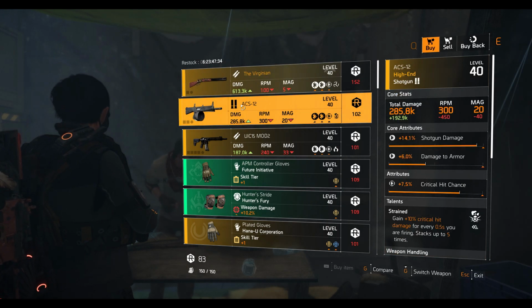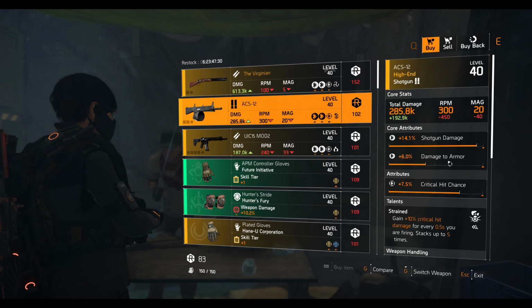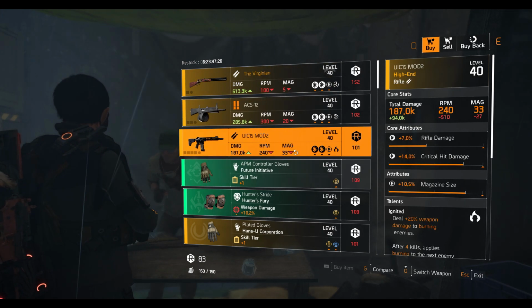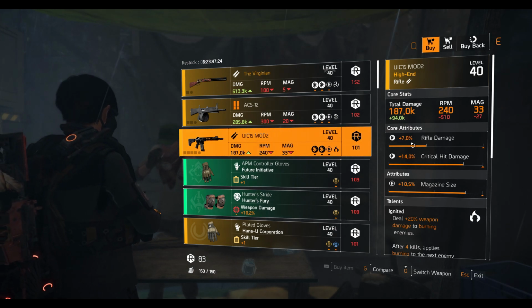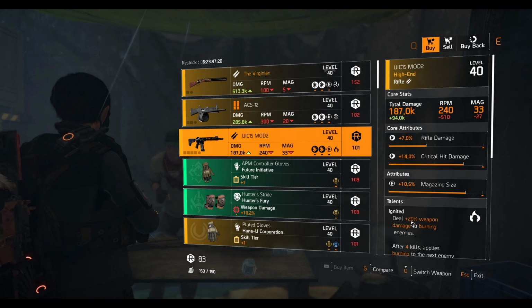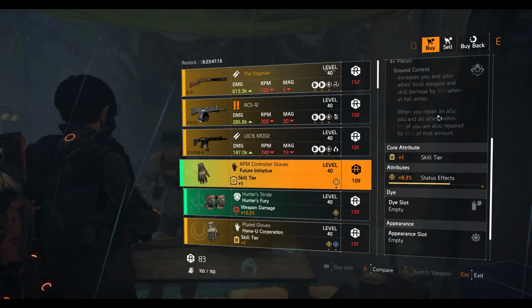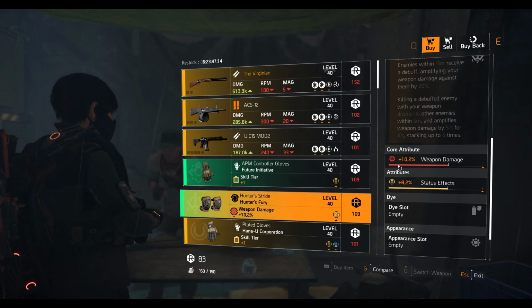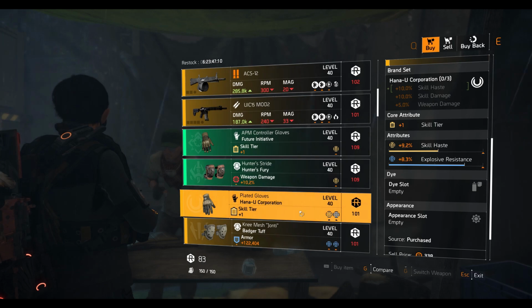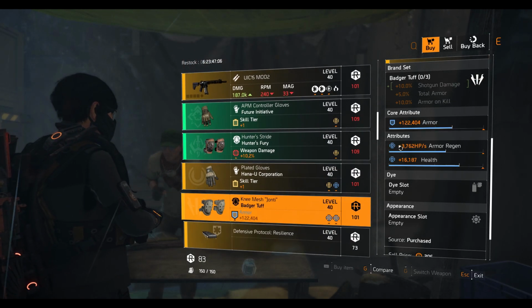Next, we have the ACS-12 shotgun with 14.1% of shotgun damage, 6% of damage to armor, 7.5% crit chance, and strain talent. Then we have the UIC-15 rifle with 7% rifle damage, 14% of crit damage, 10.5 magazine size, ignited talent, Future Initiative gloves with 8.3% of status effect, Hunter Fury knee pads, 10.2% weapon damage, 8.2% of status effect, Hana U gloves with 9.2 skill haste, 8.3 explosive resistance, Badger Turf knee pads with